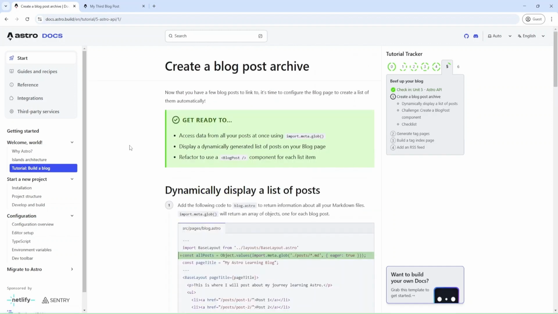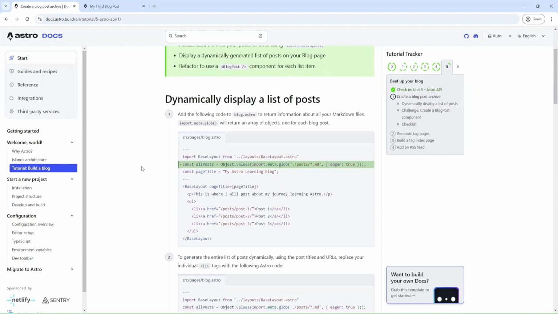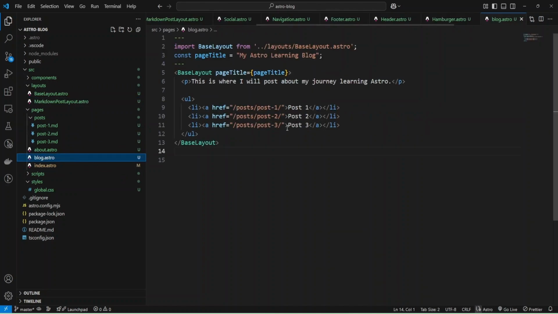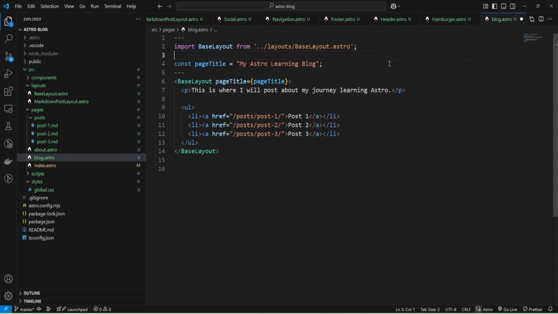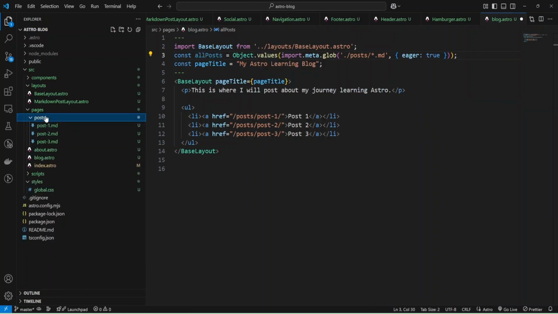And we have create a blog post archive. And we have the first item, dynamically display a list of posts, and we need to modify the blog file. And I'm going to copy this code and go to my project and modify blog, and we'll paste it below the base layout, and we'll add some variable, and we'll retrieve values of posts from the posts folder.